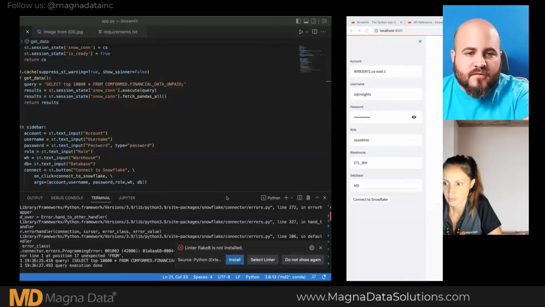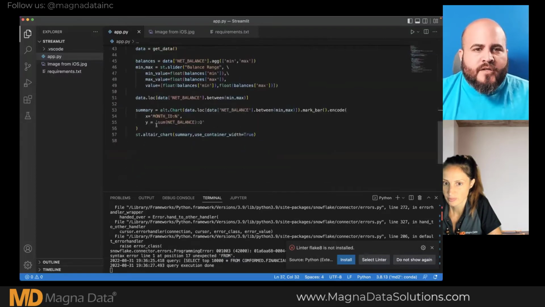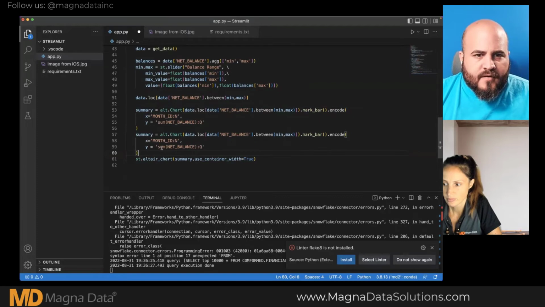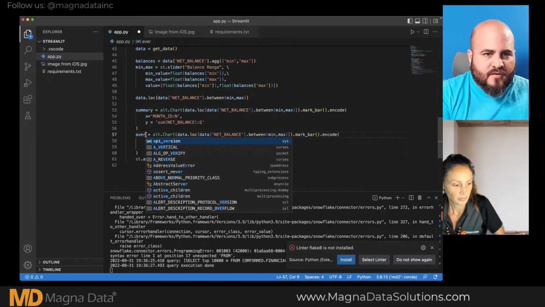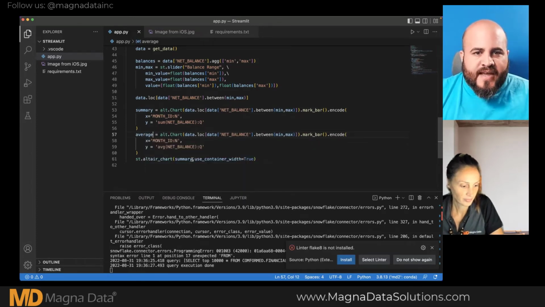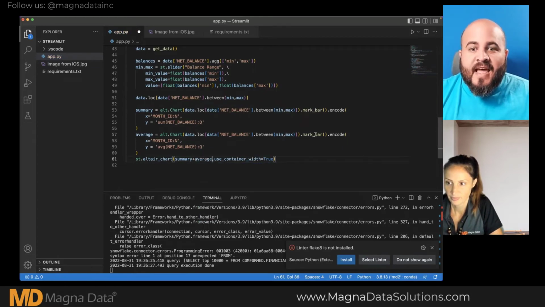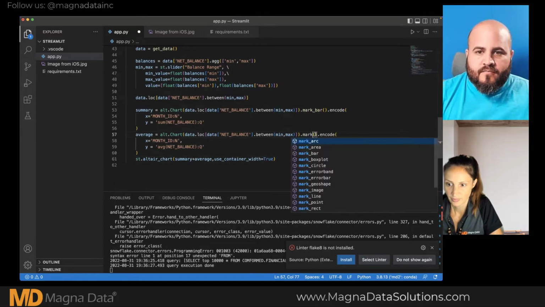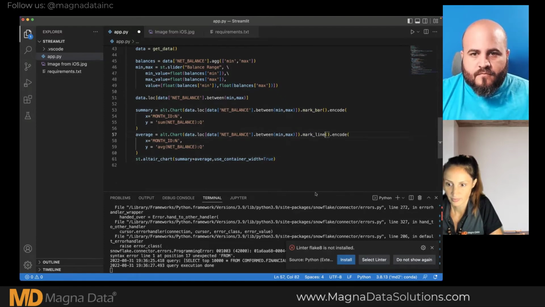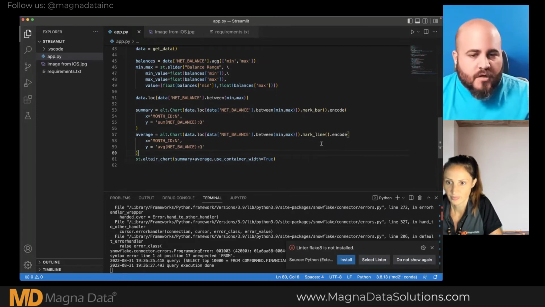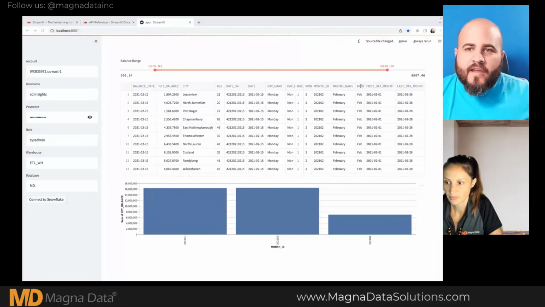So I can go here now and I can say, okay, I want to display summary, and let's say this is my summary. And now I want this to be the average, and this is going to be average. And now I want to say summary plus average, but I want this to be a line, not a bar. So if I save this code and I go back here,